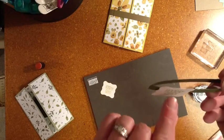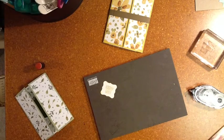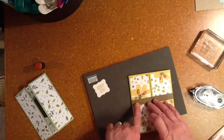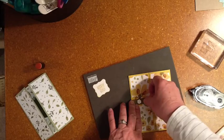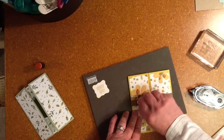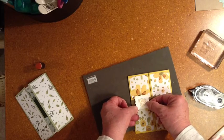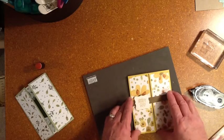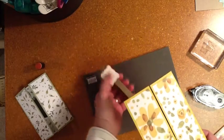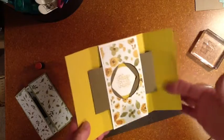So I adhered this greeting to the belly band using 2 dimensionals. I did that by not putting the dimensionals on the greeting. I put them on the belly band. That way I know that it's not stuck to the card. There we go. Hooray, grad. And it just slips right off because I was careful not to make it too tight. Happy, happy. And then there's room over here for writing